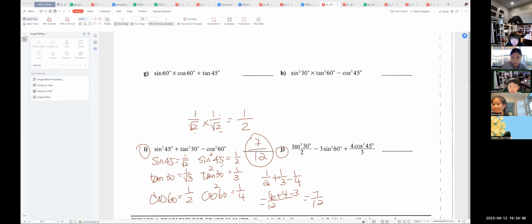Just a little bit. And here we already know tangent square 30 equals 1 over 3. So tangent square 30 divided by 2 equals what? This one is 1 over 6, right? So just to be a little bit quicker. Sine 60 equals square root 3 over 2. So sine 60 squared equals 3 over 4. And 3 times sine 60 squared equals 9 over